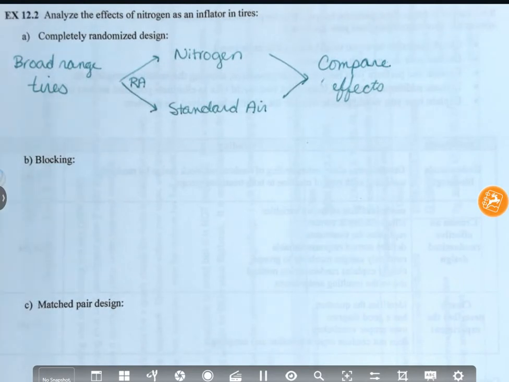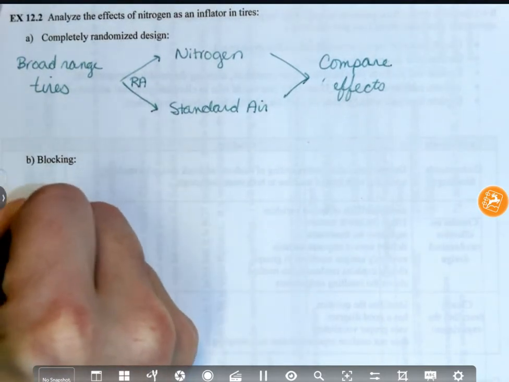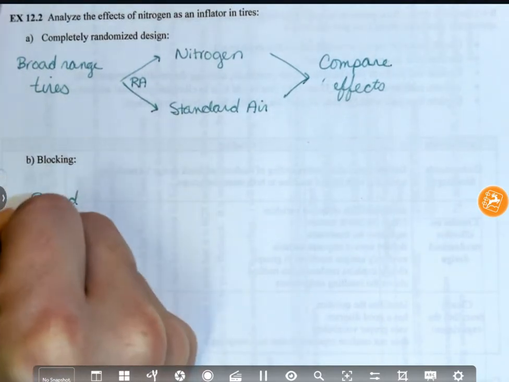Size, brand, what else? Type, because you're looking at all-weather tires versus just the winter tires or whatever. So I'm going to block by brand. So I'm going to take my broad range of tires,